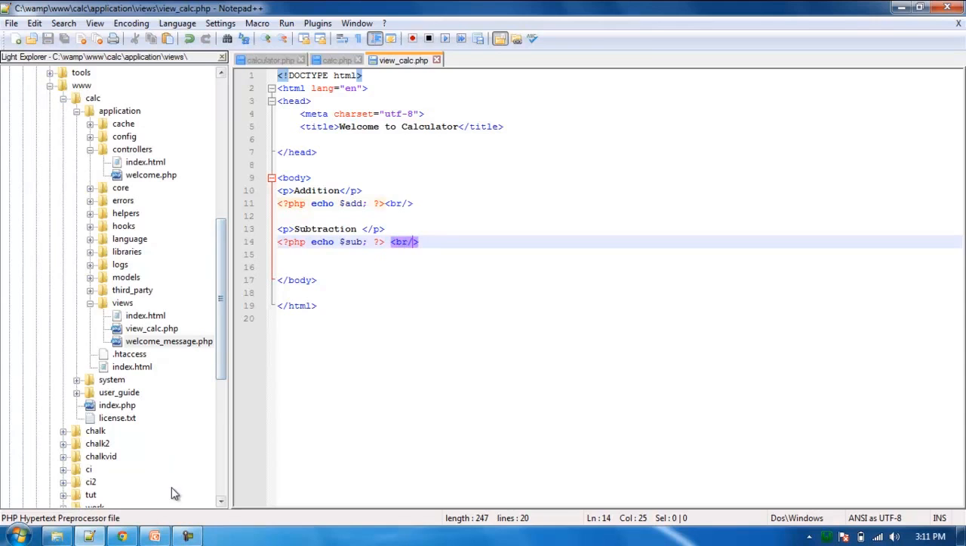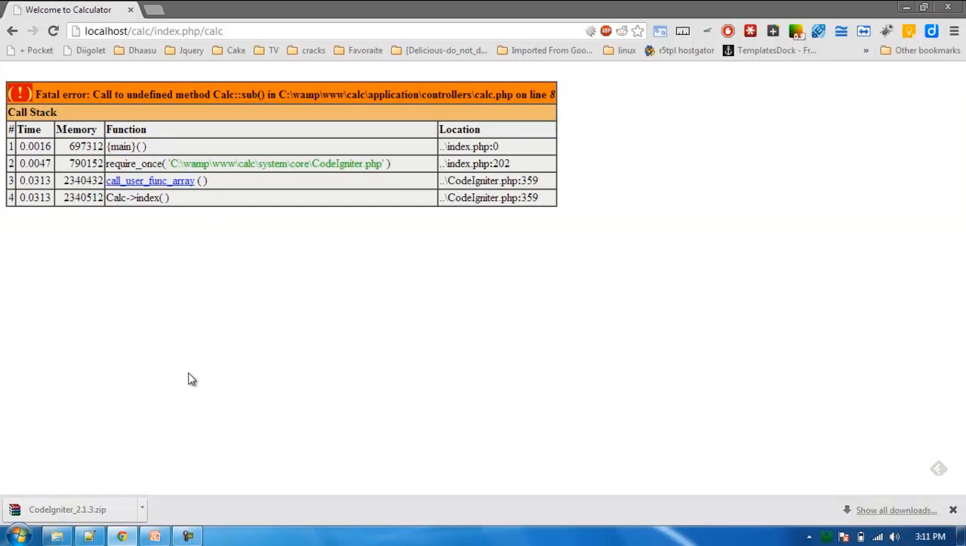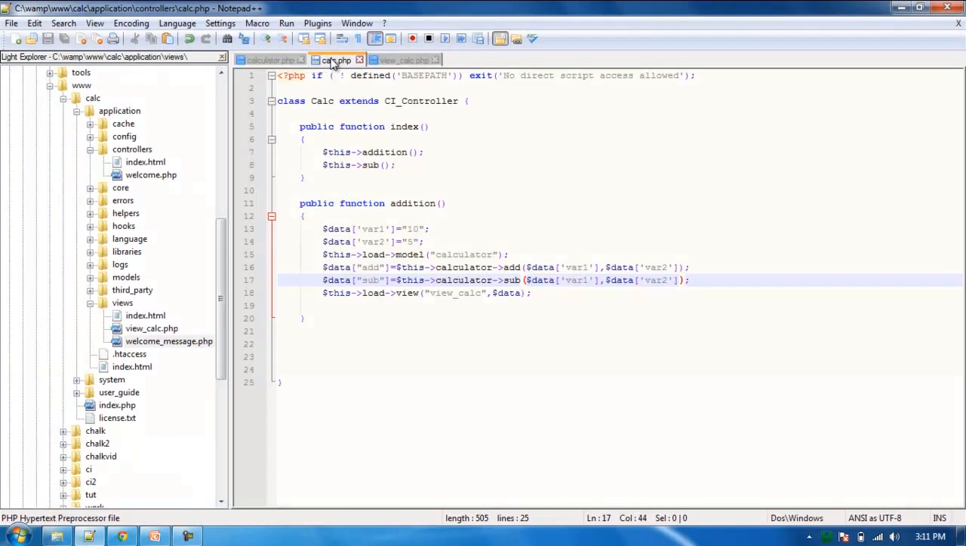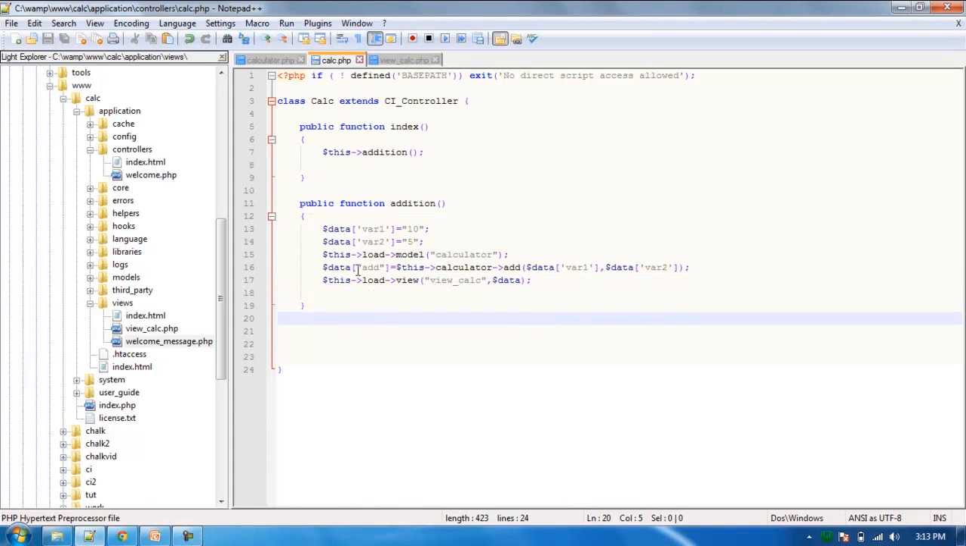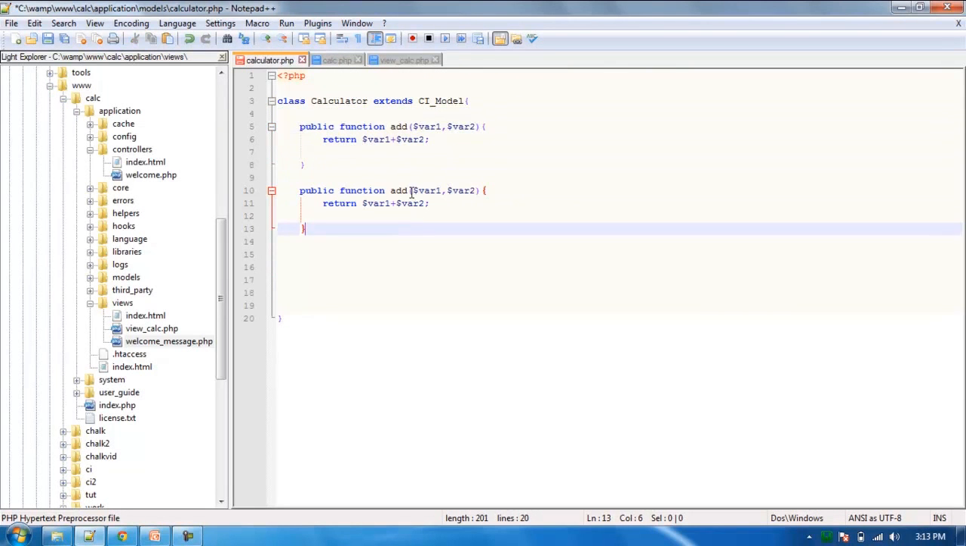Yeah, now we load this, and again there's some error. Line 8 cal.php. It's okay. And in our next step we will be creating a function to do subtraction. We'll come back to our model class, we'll copy this function, we'll name it sub as such, we'll do the subtraction,